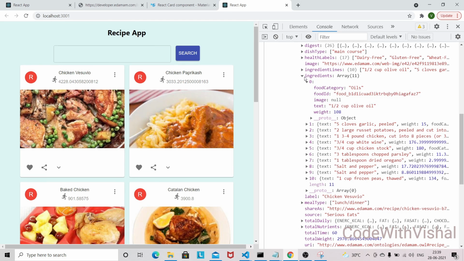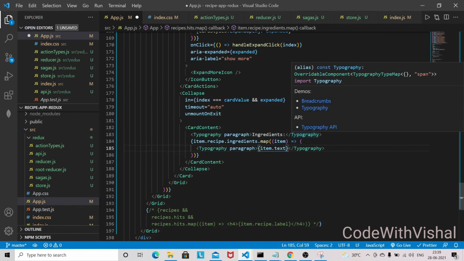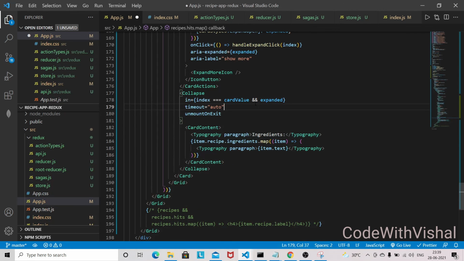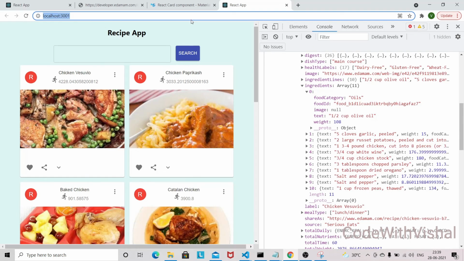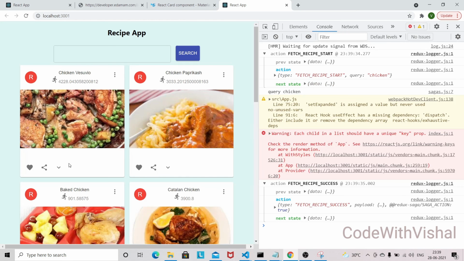Ingredients has an array of objects, and in the array of objects we are reading this text. So let's save this one and see if we are getting this or not. So let's click on this, still not working.